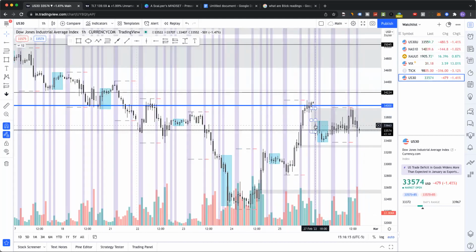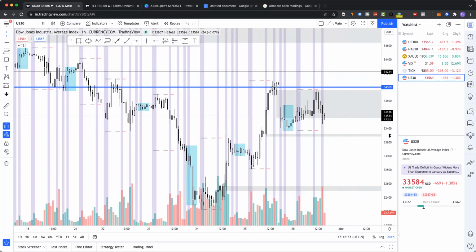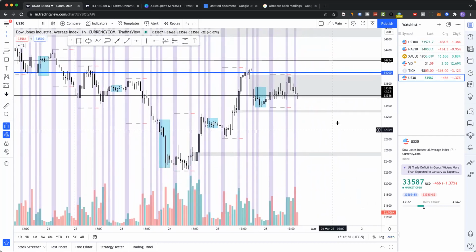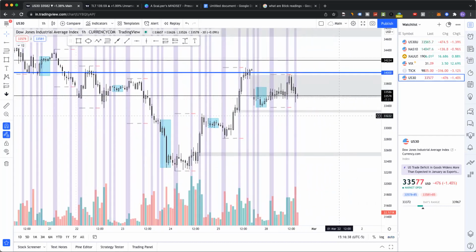So again, you got to mark out your SNR levels. The reason I use the Renko is because it gives me whole numbers, right? 3,400. We all know that bank levels are important. So then I'm stacking, then I'm drawing my trend lines. I'm understanding where my breakout is. I'm understanding where my direction is, okay, based on the market internals. And it'll give me a higher probability of being on the right side of the market. And then I have levels to trade from, okay.